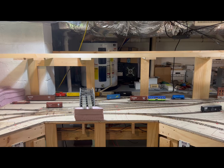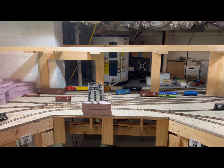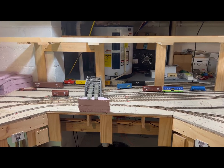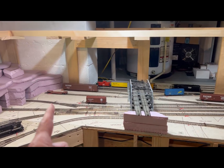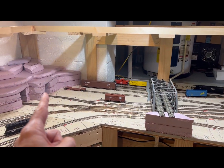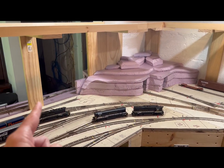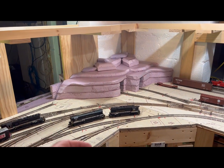This section of the layout is called Noth, N-O-T-H, and it's kind of a play on words, and I'll cover that more in the history. But basically, this is the main interchange between the L&N line, which goes through the tunnel here, and that's the one that crosses over the other main and comes back into that 2-track yard on the backside there as